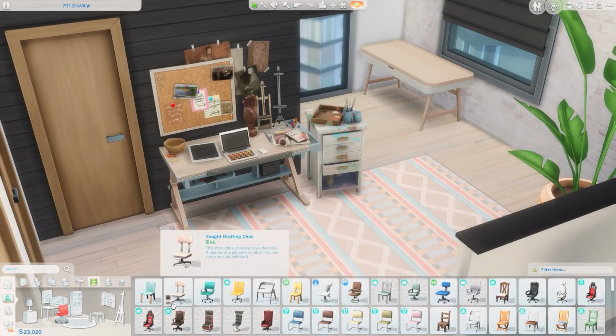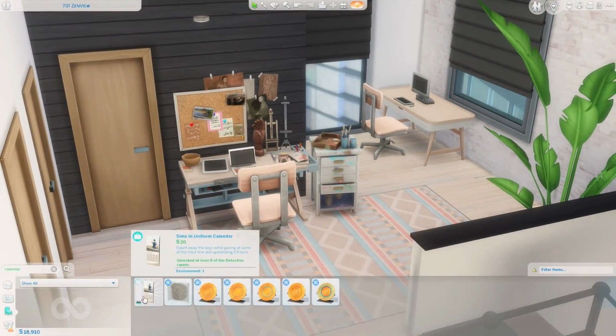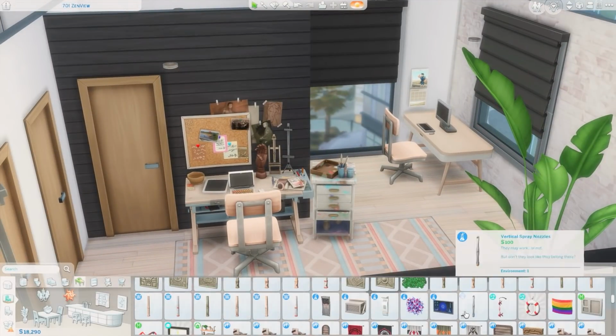And as an art major in school, I feel like this was very similar to how my space usually looked. It was a mess. I had my computer out doing my graphic design work. I had stuff out that was drying for ceramics, and